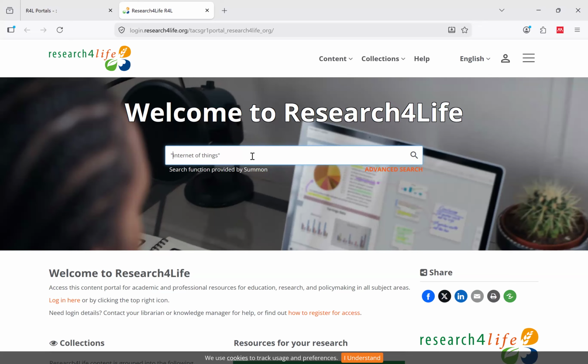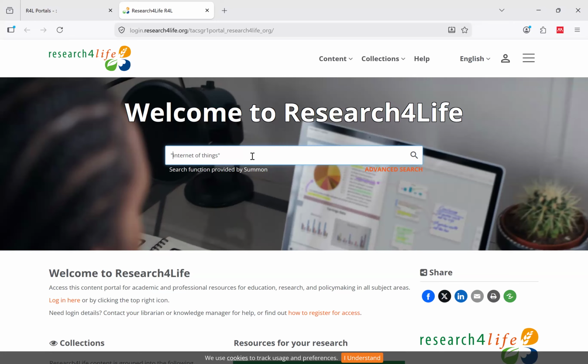So any literature which has child and abuse anywhere in the text will be retrieved, and anything which has child abuse will also be retrieved. But when I restrict it and put it in double quotes, I'm telling the system I want only those researchers who use the term child abuse. The same applies here: by putting Internet of Things in double quotes, I'm telling the system to find researchers who use that exact term.